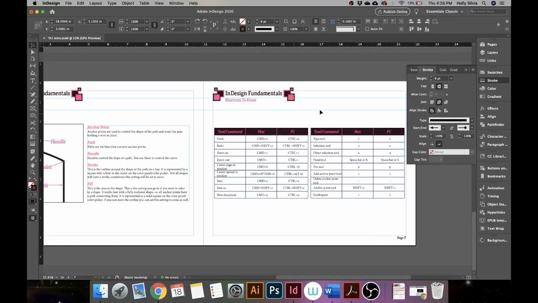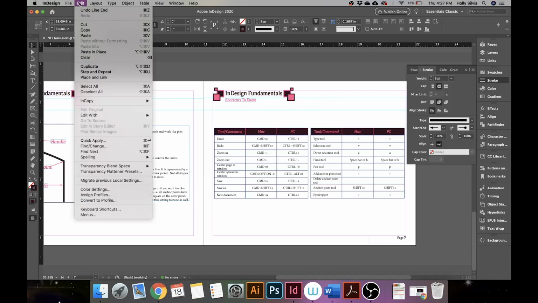And then if you download this PDF, it has a bunch of shortcuts. I tried to include the Macs and the PCs. Depending on if this is a shared computer, you can customize your shortcuts. So if one of these shortcuts isn't working, or if you want to know the shortcut for something in particular, if you hover over the tool, you can see it actually tells you what the shortcut for it is, but